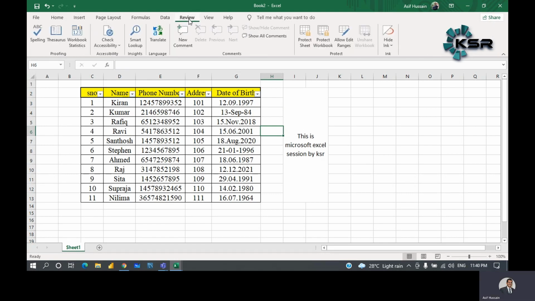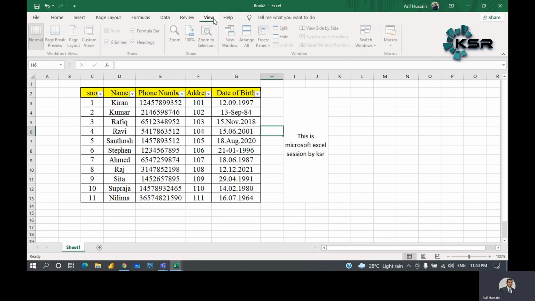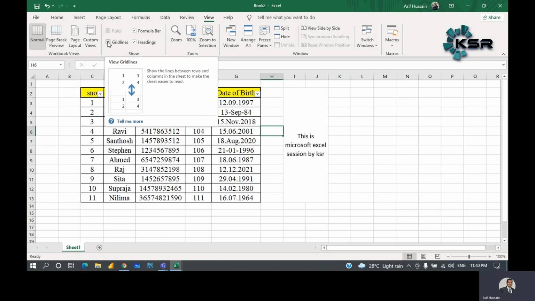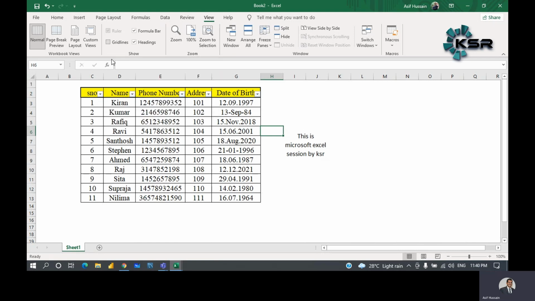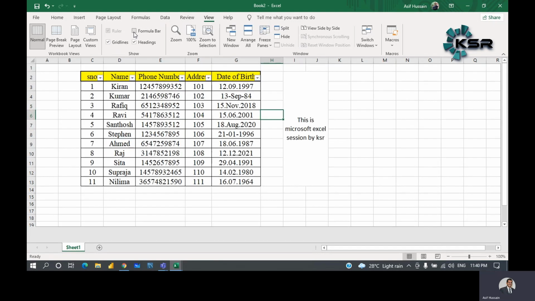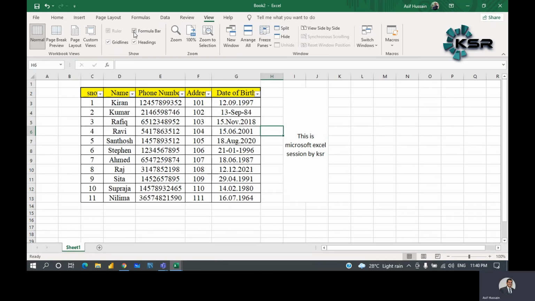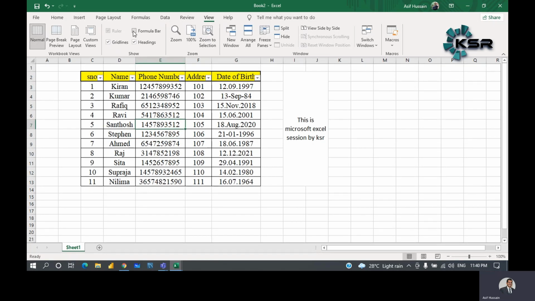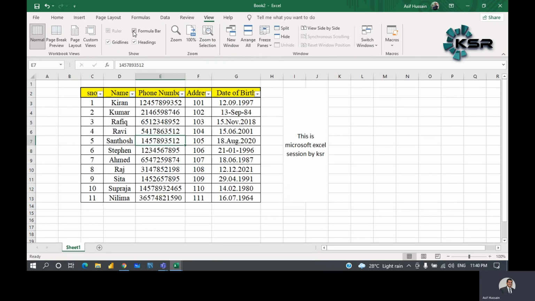All right. So we have the View option, like how you need to view, if you want any page break here, or you need a new window, or if you want the grid lines to be visible or not. See, now all the grid lines are gone, you cannot see them here. So you can again click on the grid lines. Now the formula bar. See what is the difference. This is called the formula bar. If you don't want a formula bar, you can disable it.